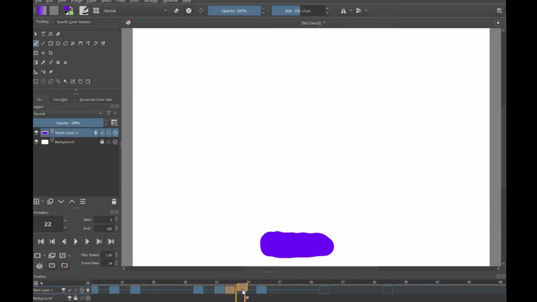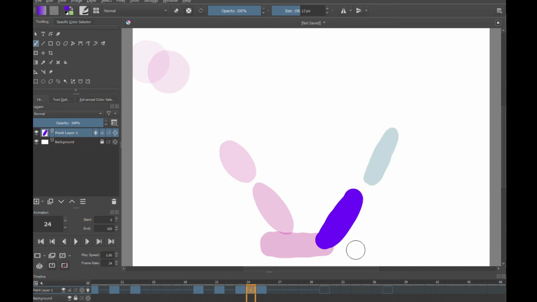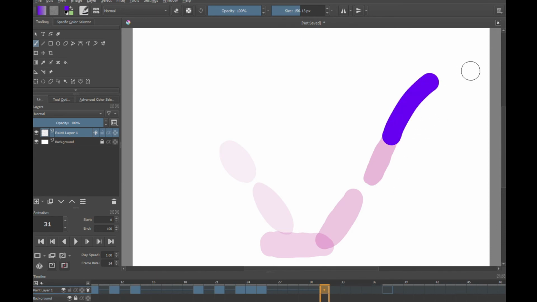Okay, so I want to move this, and I don't really like how this is a really sudden transition, so I'm just gonna make an in-between to the in-betweens, I guess. So now this ball will just continue, and then it will slow down a little bit because it can't be too fast, and I kind of forgot